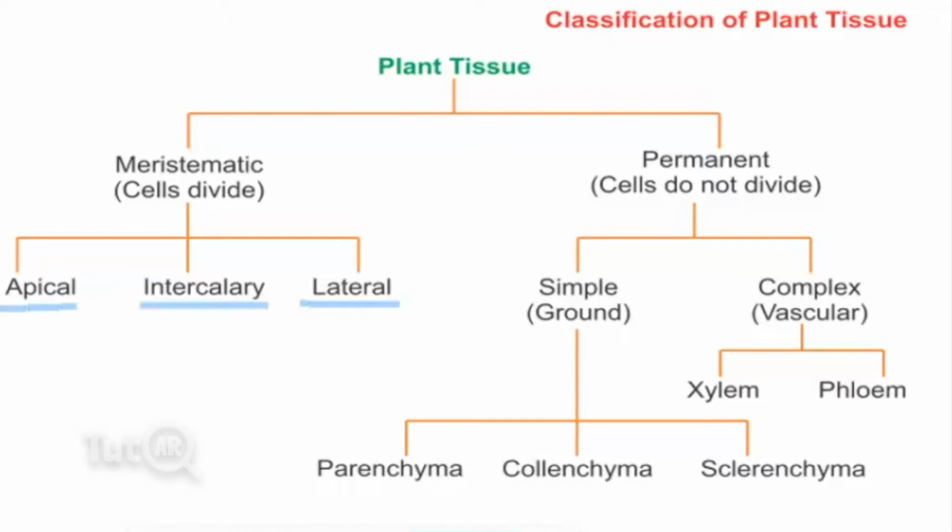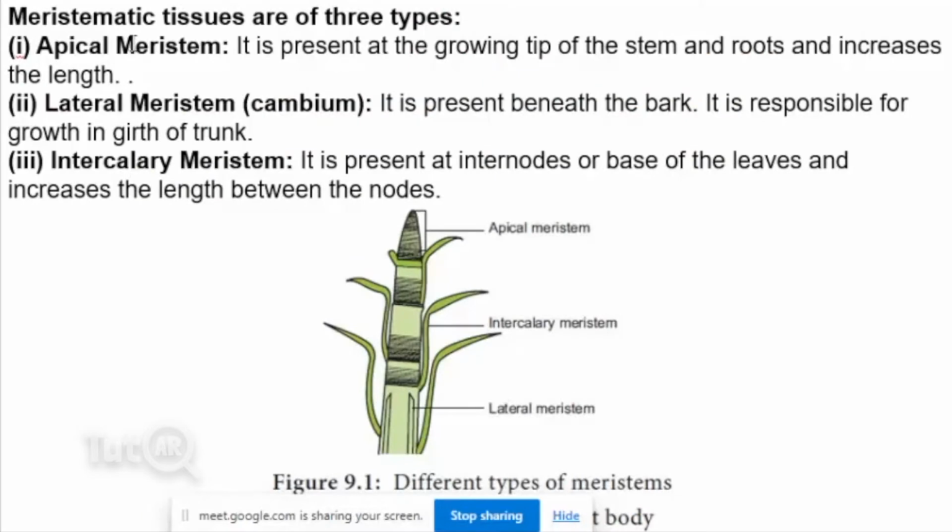I want you all to read, just quickly read the next slide. Okay? So we have meristematic tissues are of three types. We just said that apical, lateral, and intercalary. Okay? Now in detail I'll explain this with a very interesting app, that is a tutor app. You can see how interestingly the picture comes into the screen.